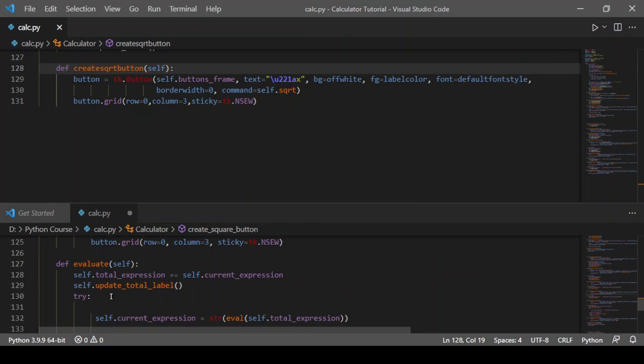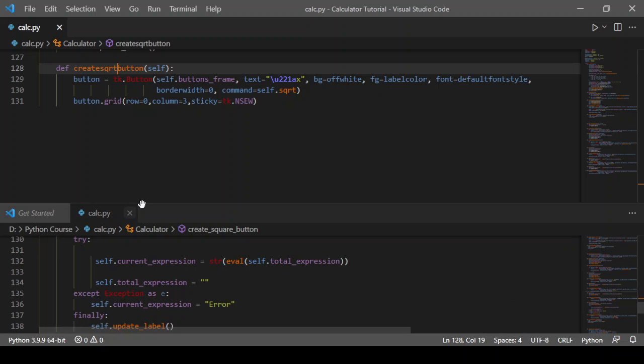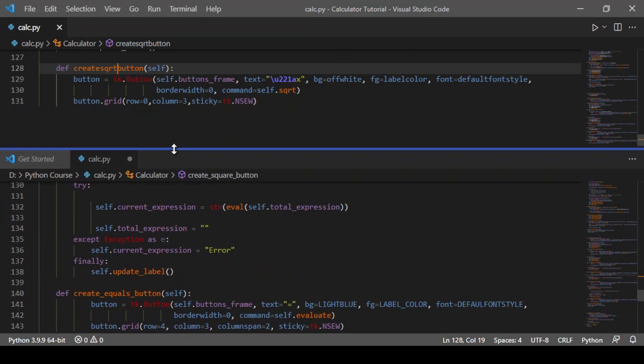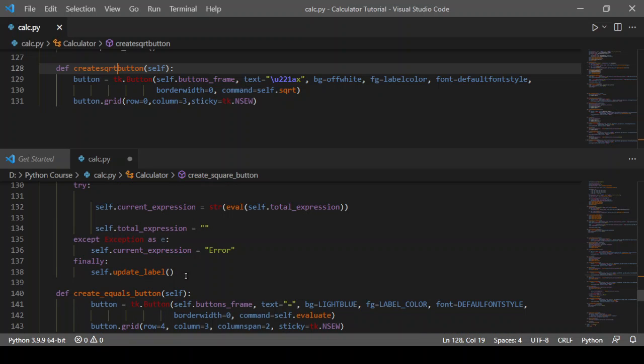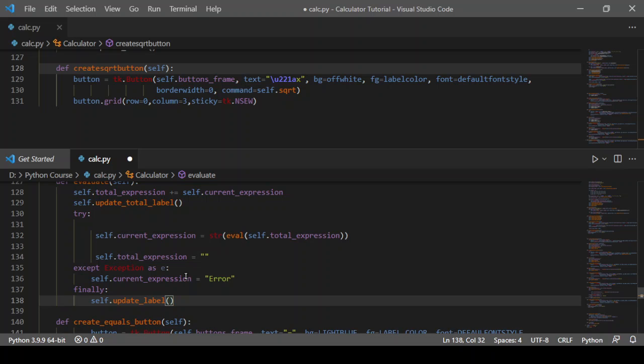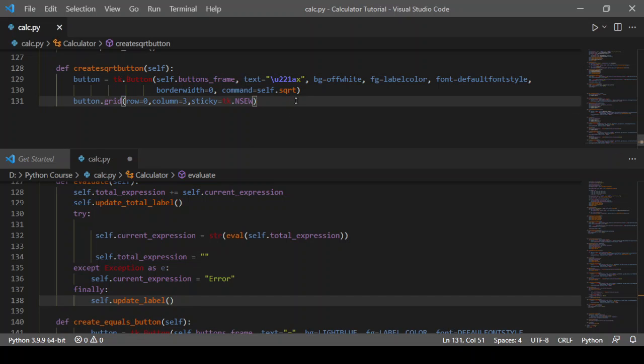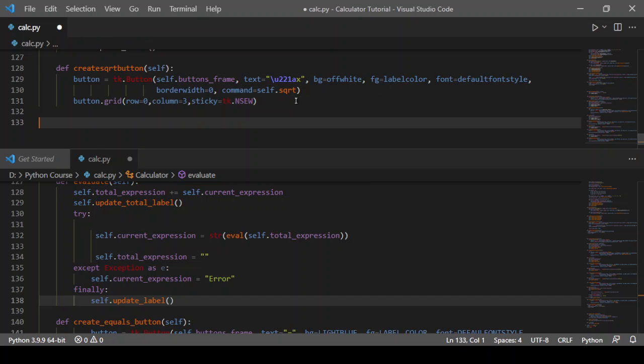So first we'll work on this evaluate, self.total. So yeah, this will evaluate the function. So we will write def. We are close to finishing the project, guys. So yeah, def evaluate